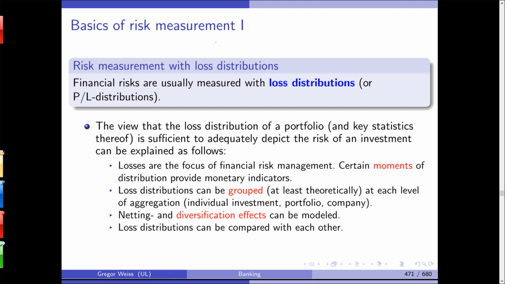Identifying the risk is one thing. We need to measure those risks that we've identified. And in almost all of financial risk management, it's always about statistical loss distributions. And more precisely, sometimes we just talk about loss distributions or P&L distributions, or just P&L. P&L stands for profits and losses. It depends on whether you're also interested in modeling your profits, or in some cases you only concentrate on the